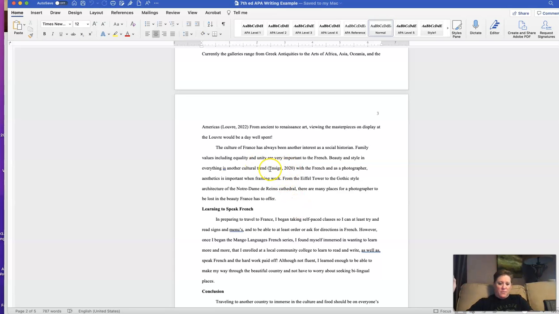And you see where I paraphrase it, right? I paraphrase this and I go on again with my own words. With the French, and as a photographer, aesthetics is important when framing work. From the Eiffel Tower to the Gothic-style architecture of the Notre Dame de Reims Cathedral, there are many places for a photographer to be lost in the beauty